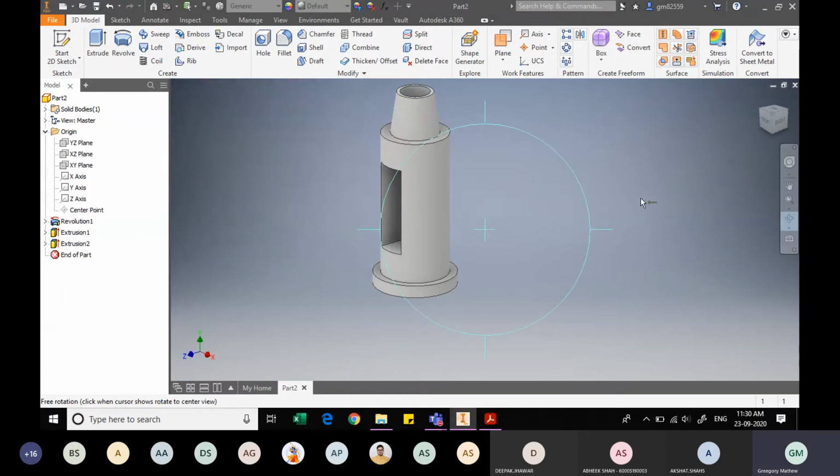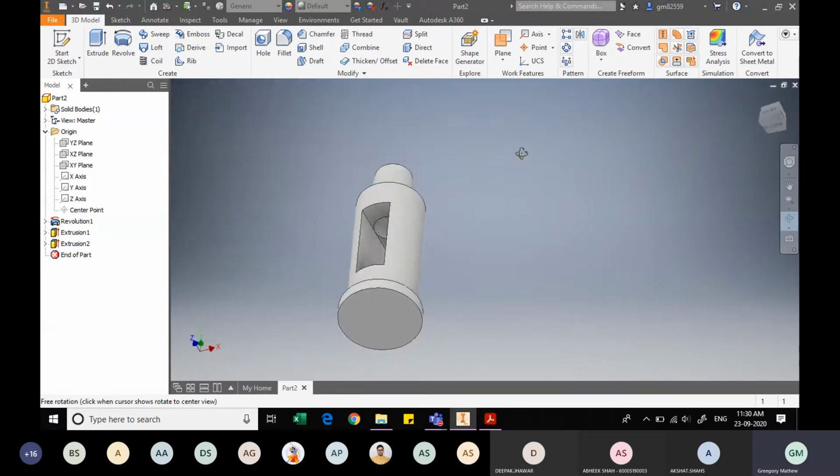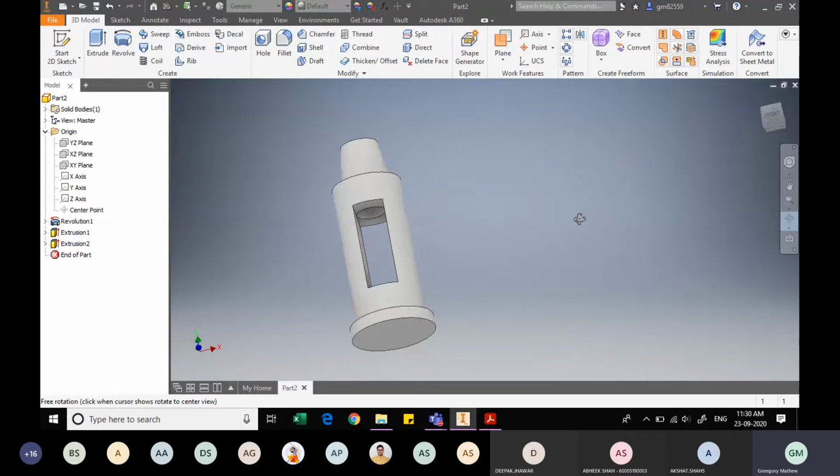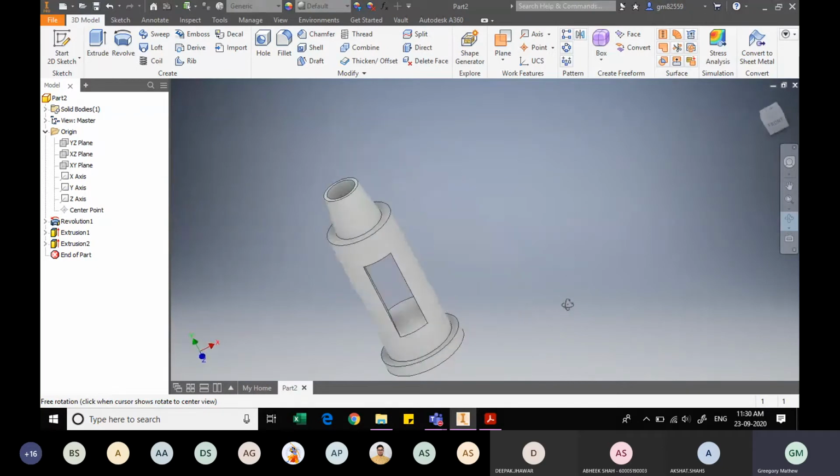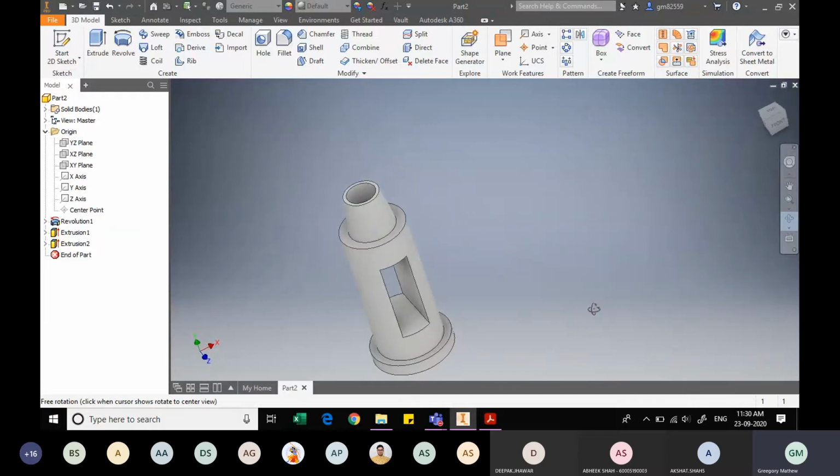Now let us revolve this component. So we see the hole is done. However, if you look at the drawing, it was actually a threaded hole. We have cut a plain hole. To show that this is a threaded hole, we use this thread command, which you can see. And using this thread command, we will wait for the command to be activated.